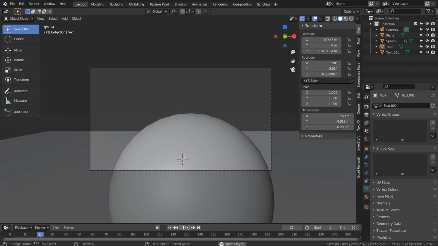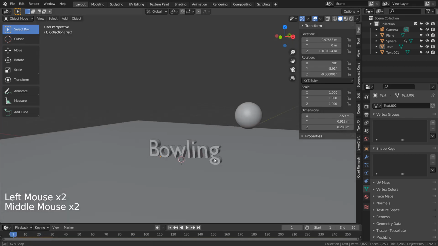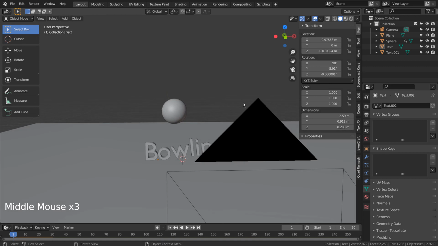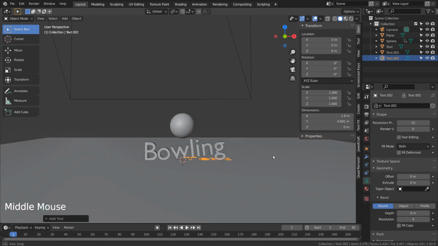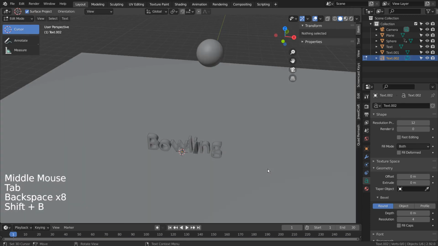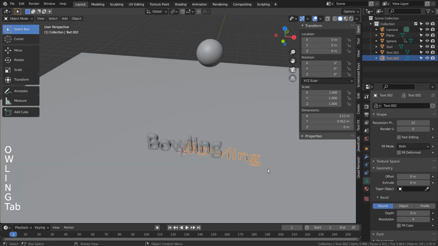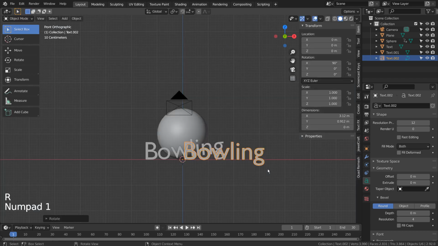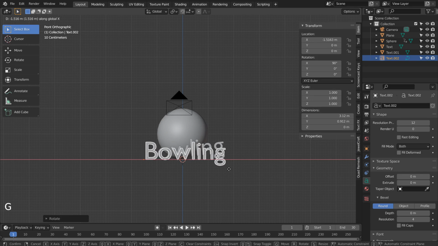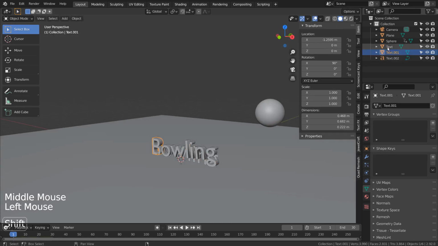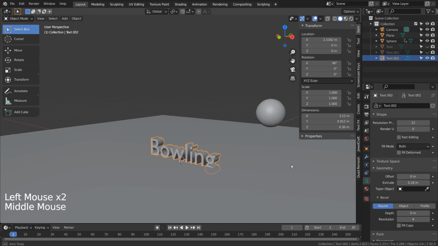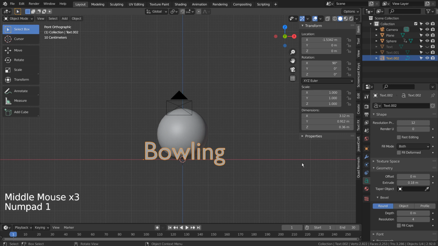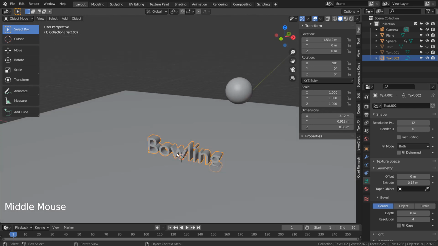I'll show you how to separate a word into separate meshes. Let's create a text that says bowling. We need to convert to mesh.